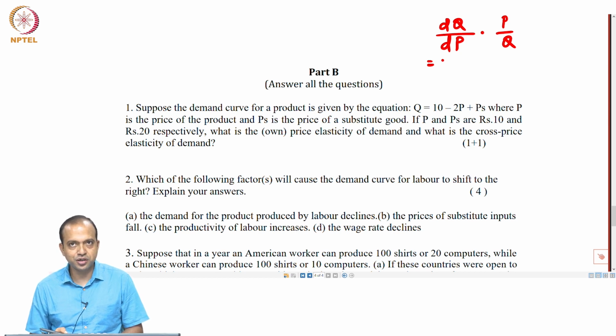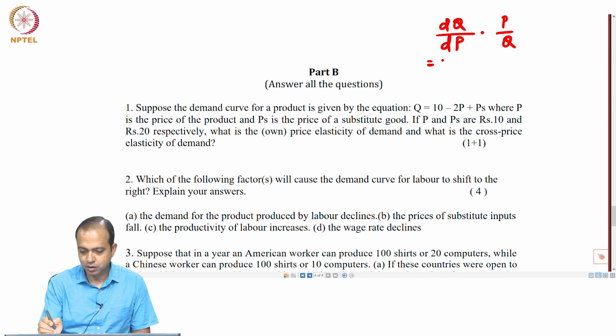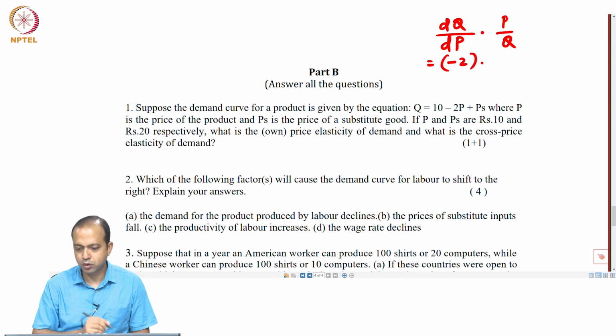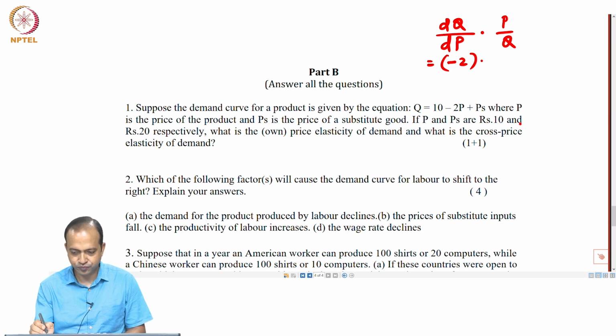If you differentiate the demand function, which is given as 10 minus 2P plus PS, dQ/dP is basically minus 2. And then what is P by Q? You have to substitute P and Q here. P is given as 10,